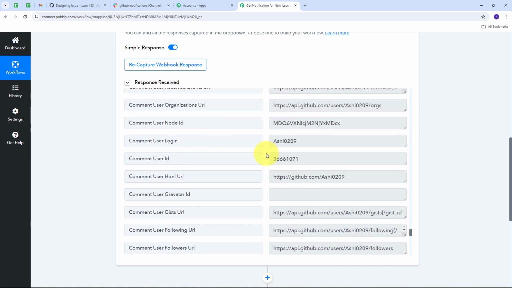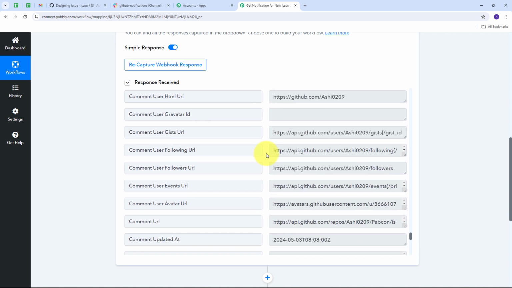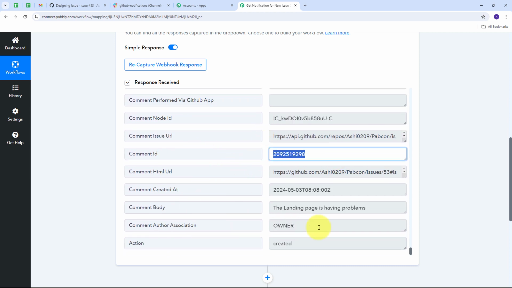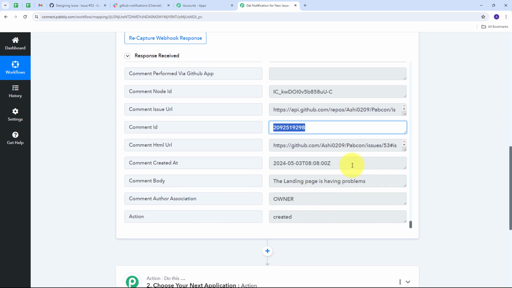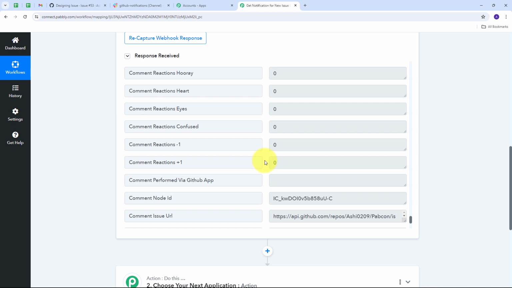Also in this, I have my comment details. So I have all these details of my comment that I just received on my issue. So here I have my comment ID. I have my comment body, which is the landing page is having problems. And I have the date and time of my comment. So here I have received all these details of my comment and the issue that I had in my GitHub